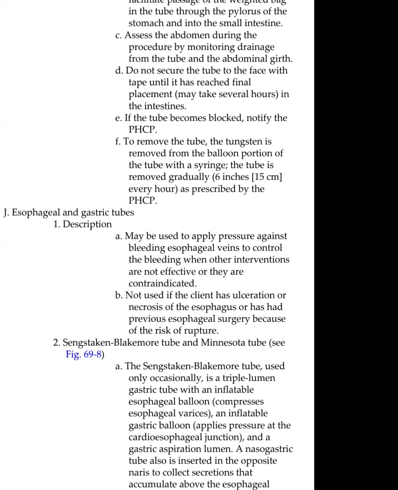Esophageal varices or esophageal vein to control the bleeding when other interventions are not effective and they are contraindicated. Not used if the client has an ulceration or necrosis of the